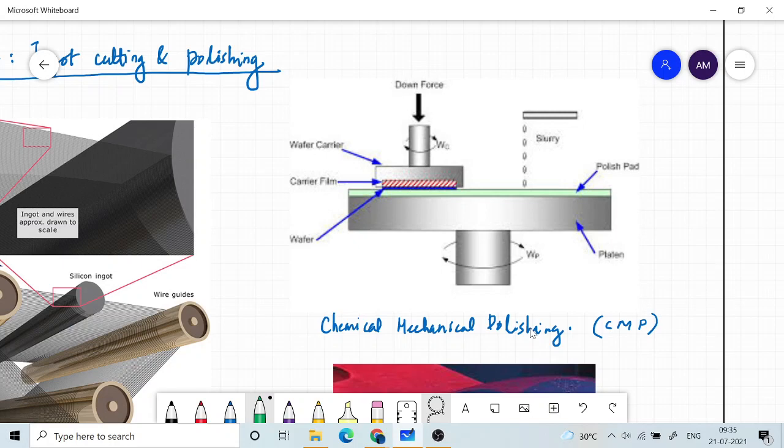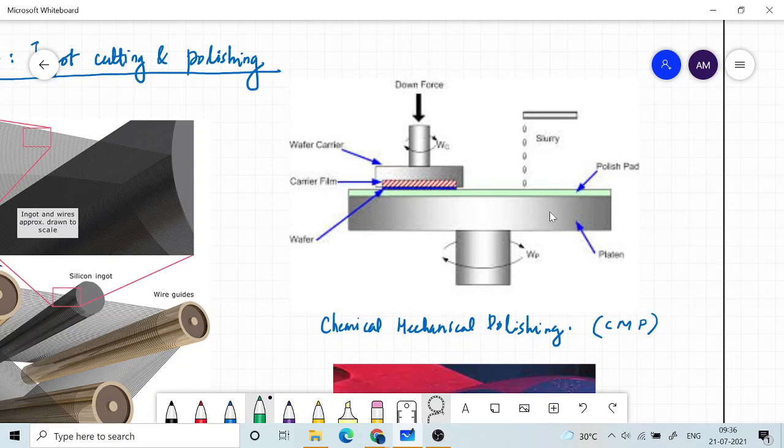Okay, so you are basically doing it with a sandpaper. So similar to that, there is a mechanical element in polishing. So you hold the wafer in place and then basically rub it with some material, called a polish pad, as you can see here. But to enhance the smoothing process, we also apply some kind of chemical which we call slurry. Okay, so this is basic.